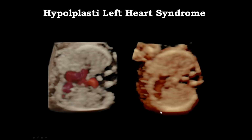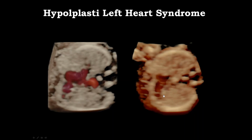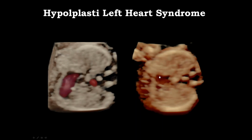Here we have the other examples with color and without color. So it's very easy to recognize that the left side of the heart, even at that early stage, is so poorly developed that this is consistent with the classic hypoplastic left heart syndrome. And in my experience, it was also much easier showing these pictures to the parents to explain what's really wrong